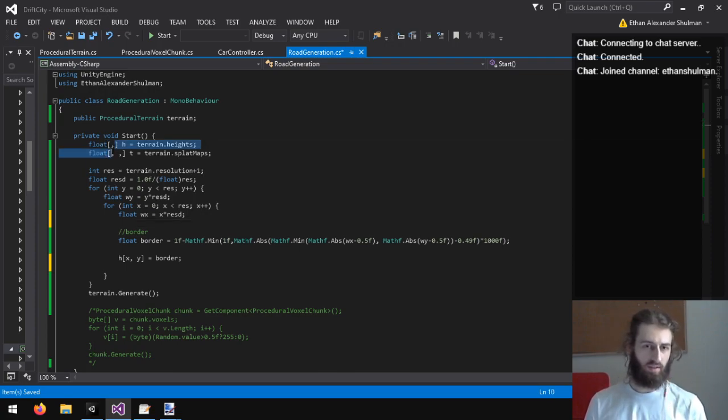I'm not used to using C-Sharp's built-in 2D and 3D arrays.